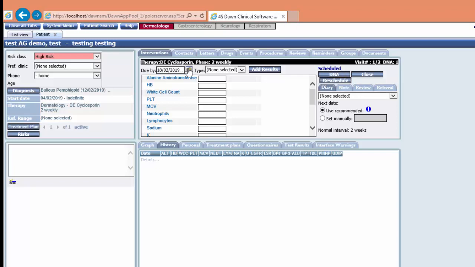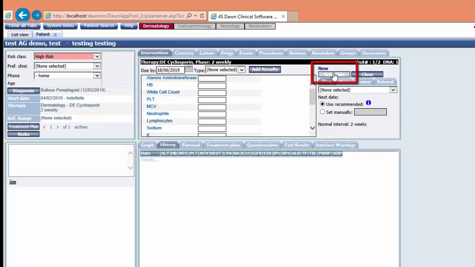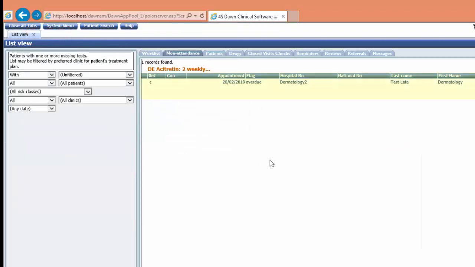To change the patient's due by date, click the calendar icon next to due by and change this to a date in the future, then click on the schedule button. The patient's appointment will then be updated and the patient will be removed from the count of number of patients late for monitoring tests on the front page of Dawn, and they will also be removed from the non-attendance list view. If we close the patient record, we can see that a patient has now gone from the list view,